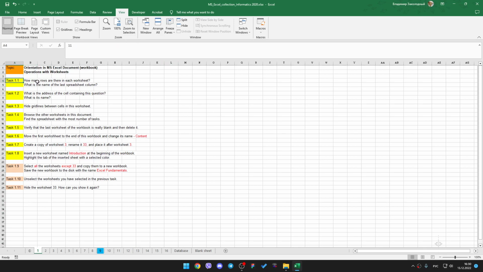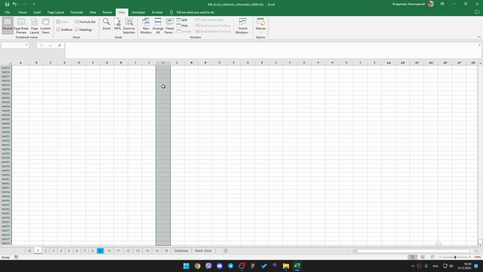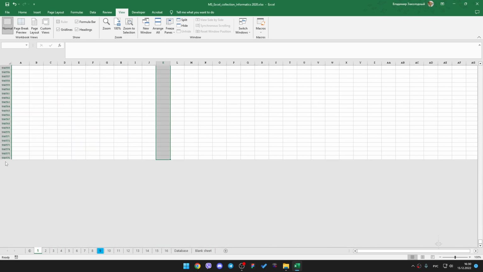Here we can see task 1.1. How many rows are there in each worksheet? To check this, we can use a combination of our keyboard buttons. It's Control, Shift, and arrow down, and we can see this number. It's 1,048,576. So let's write it down there,